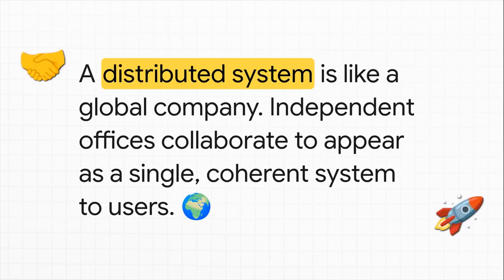Okay, but now, imagine that business becomes a huge success. It starts expanding, and suddenly, it's a massive global company with offices all over the world. See, each of those offices can work on its own, but they're all collaborating, all working under the same company banner to serve customers everywhere. That is a perfect picture of a distributed system. It's like a global digital enterprise.